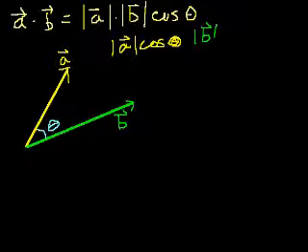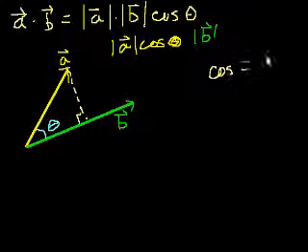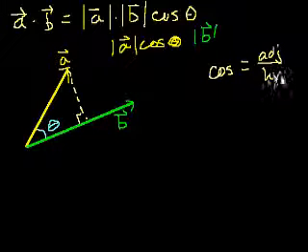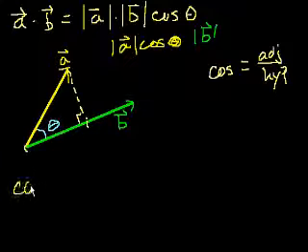Well, let me ask you a question. If I were to drop a right angle right here, perpendicular to B, cosine of theta, SOHCAHTOA, cosine is equal to adjacent over hypotenuse, right? Well, what's the adjacent? It's equal to this. And the hypotenuse is equal to the magnitude of A, right? So let me rewrite that. Cosine of theta, and this applies to the A vector, cosine of theta of this angle is equal to